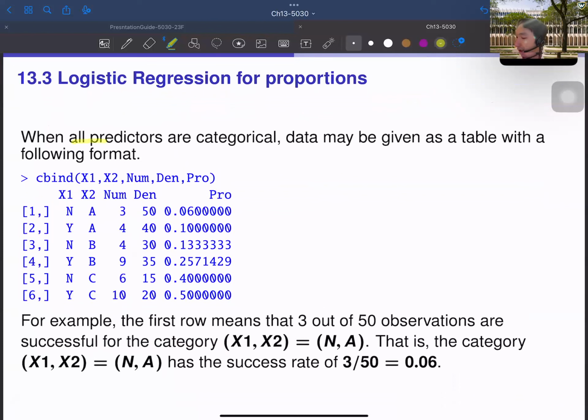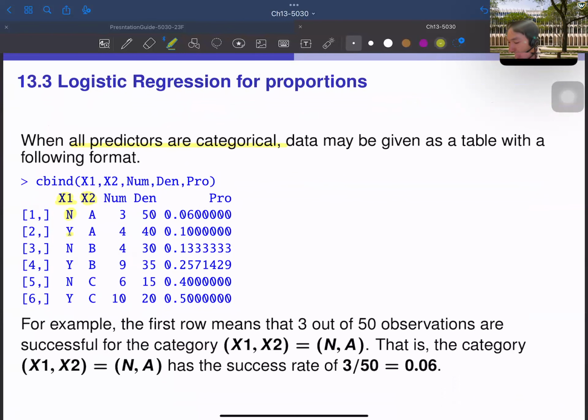we consider the case that the predictor values are categorical. So here we have the predictors x1 and x2. x1 is either n or y, and predictor x2 is also categorical, either A, B, or C. In this case, many observations may have the same pair of x1 and x2, maybe x1 is n and x2 is A. Suppose we have 50 observations with x1 equal to n and x2 equal to A, and 3 of the observations are successful